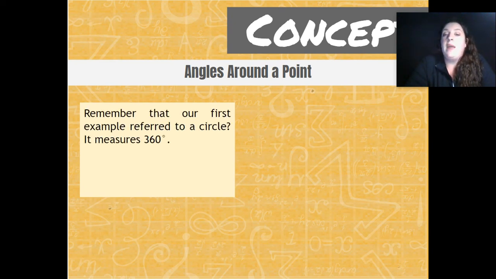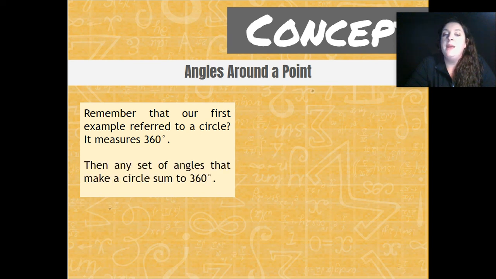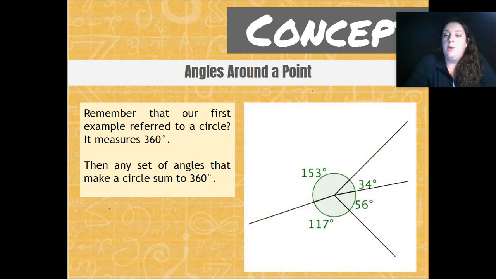So angles around a point. Remember that our first example referred to a circle. It measures 360 degrees. Then any set of angles that make a circle sum or equal to 360 degrees. That makes sense, right? So you have 4 angles, but it makes a circle because it goes all directions of the point. So all of those numbers, when added together, will equal